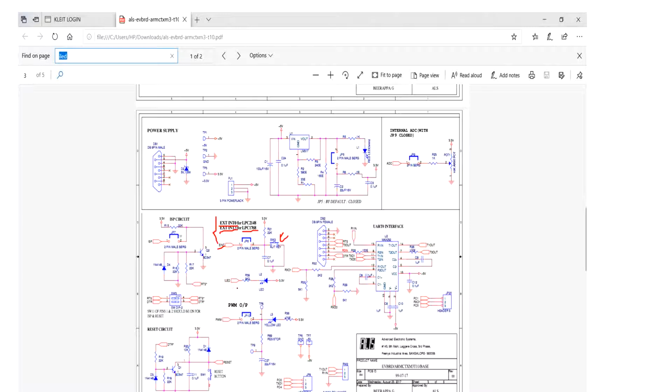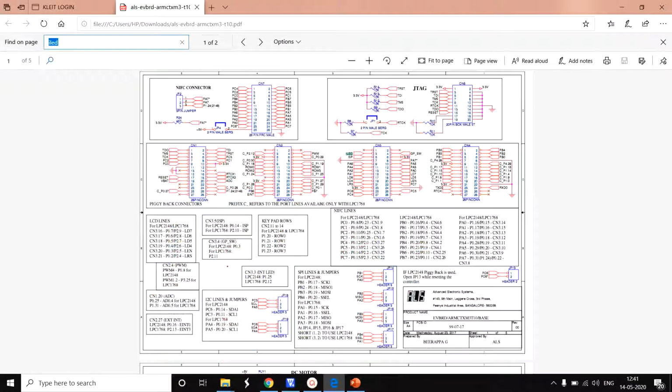Again, we have to use an LED which is represented with ILED. This ILED has a resistor network and then the LED. The other point is connected to 3.3 volt. So we should know where this EINT and ILED are connected to the processor. These are the two circuits that are used for the programming. If we click EINT, we will find that circuit.